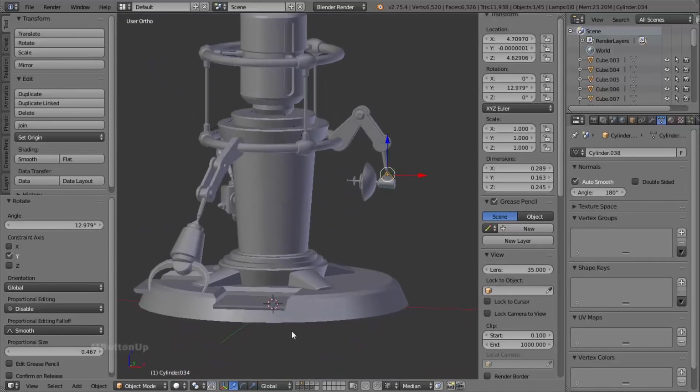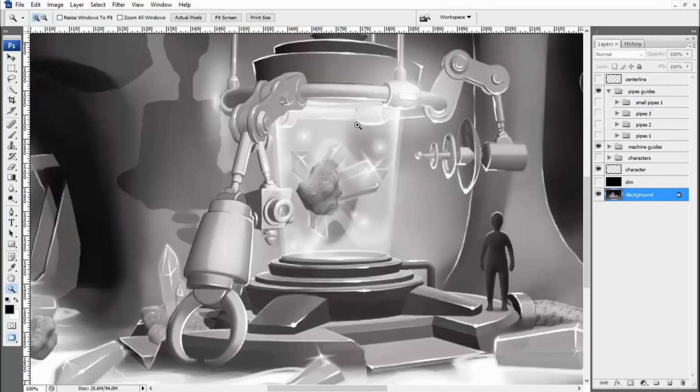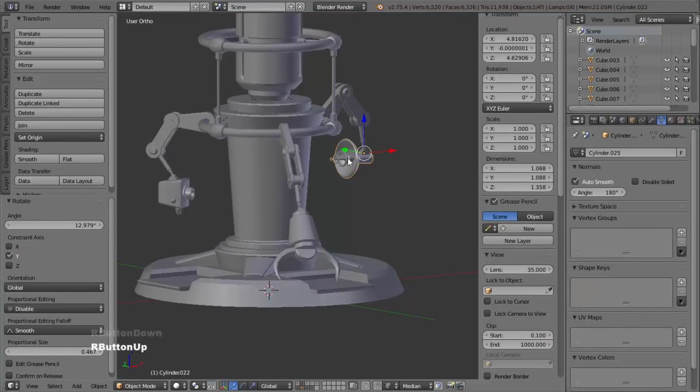Right, looking at it straight away, I'm thinking that the attachments themselves are a bit too small. Looking back at the concept, I think the dish especially is sticking out as being very small. So what I'm going to do is select the attachments, and in the case of the claw, I'm just going to select the body,